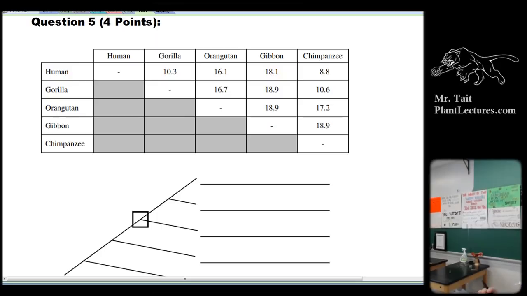Okay? Now, how do you calculate this? Well, you find the most closely related species. So we got humans and chimps, 8.8% divergence there, and they had 8.8% divergence in 7 million years, right? So that'll give you the percent divergence per 1 million years if you do 8.8 divided by 7. Now, I think the reason why they're only going to give 1 point for this calculate, even though there is a calculation involved in this, is that